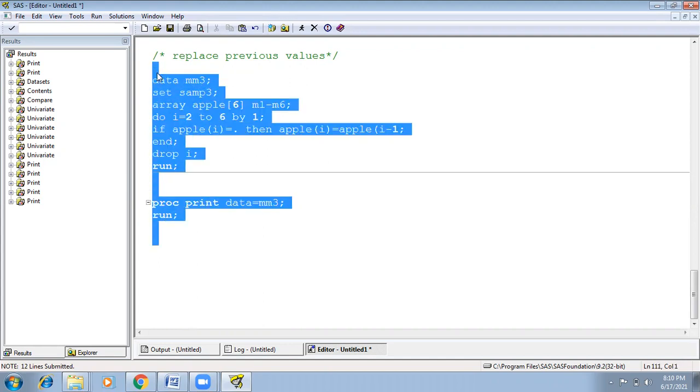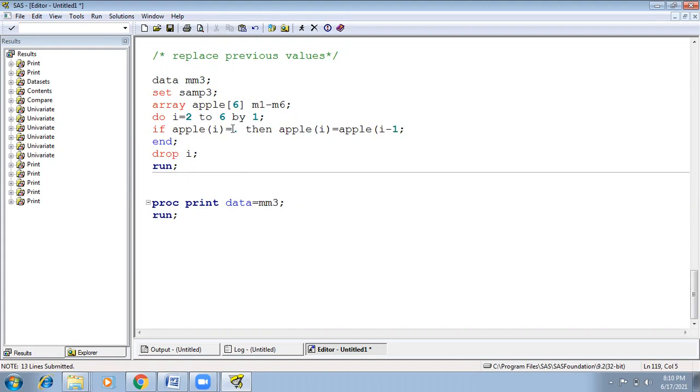Now run this application. I want to run from 2 to 6. Total how many columns? Is it 6 columns? No, right? Only 5. The total length is 5, right? So click on the log window.